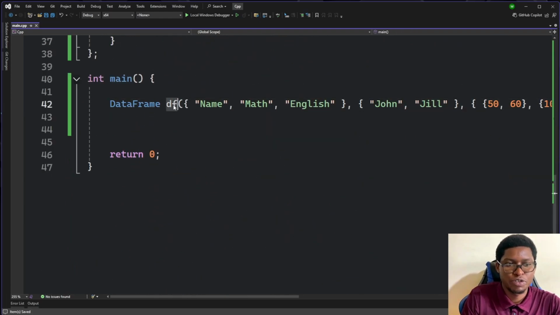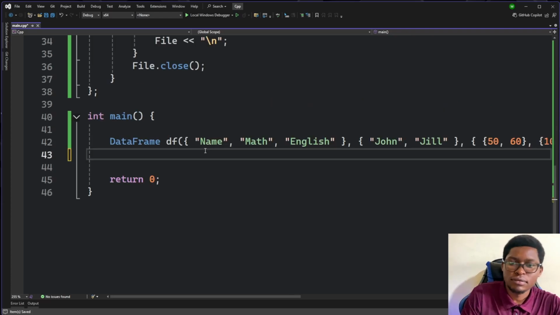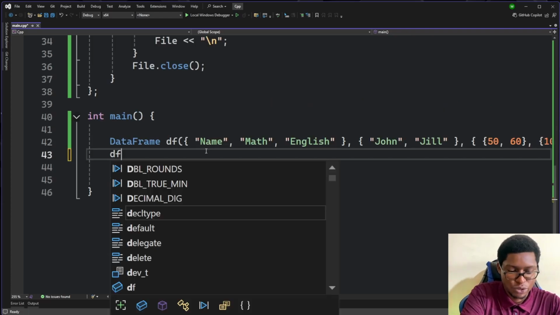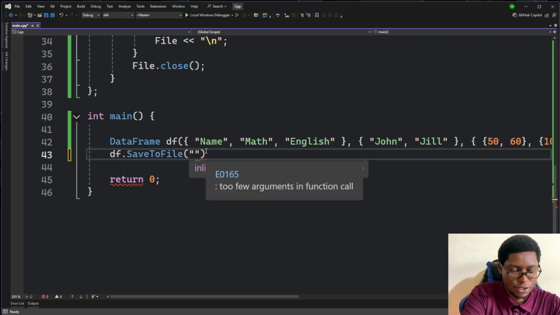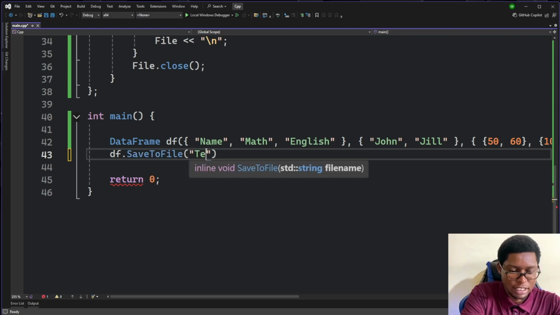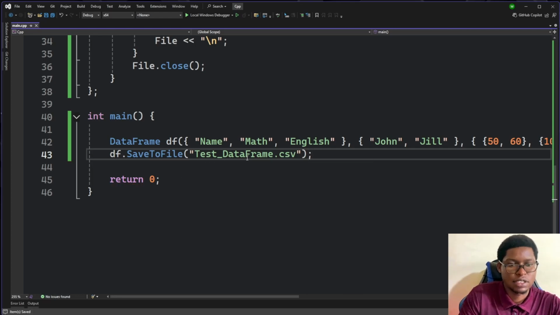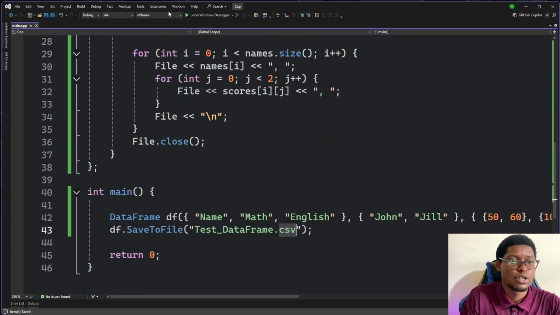So now you can see we've created a data frame, and now you can store it into a file. So you can say df.saveToFile, and let's call it a different name, let's say test data frame, so that you can see a different .csv. In this case, it will be very important to add the .csv so that it's recognized. So if we run this,